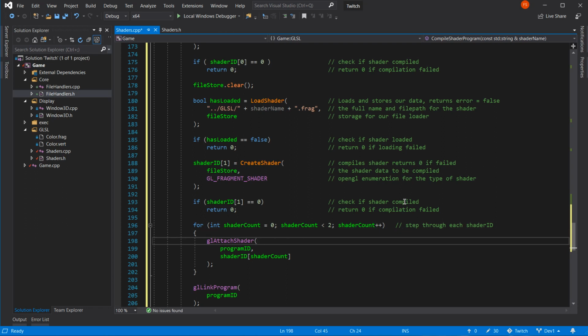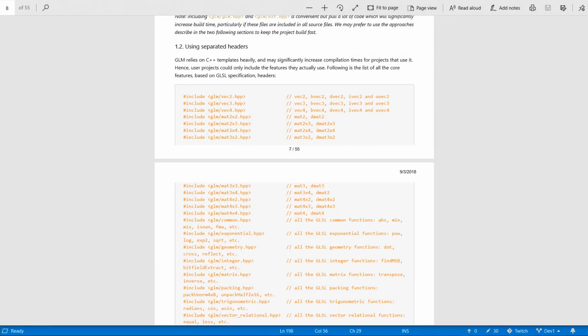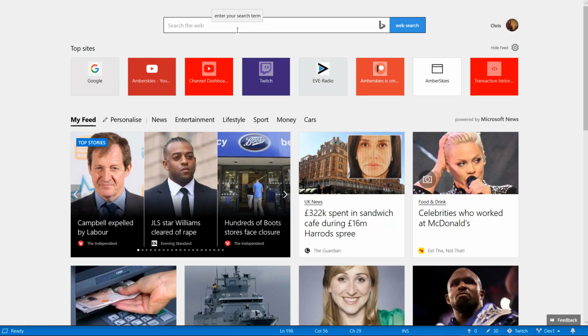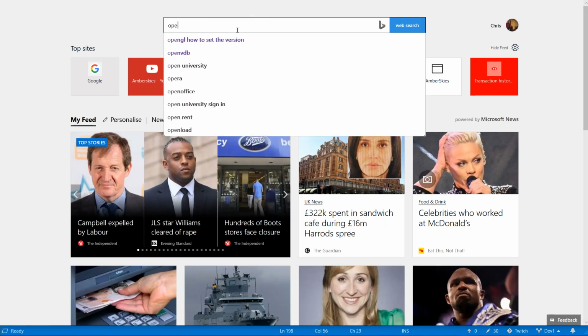What does this actually do? I'm a bit stuck for an answer on that one, so let's try OpenGL.